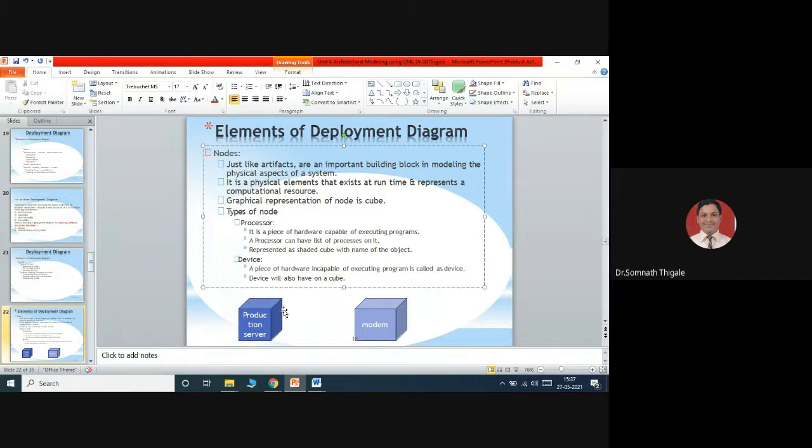They cannot perform any kind of execution or processing on them. They just help us take the data, give the data, or transfer the data from one device to another device. We call them device nodes.